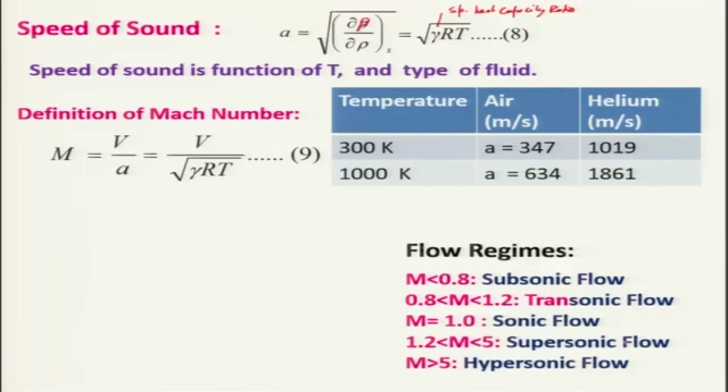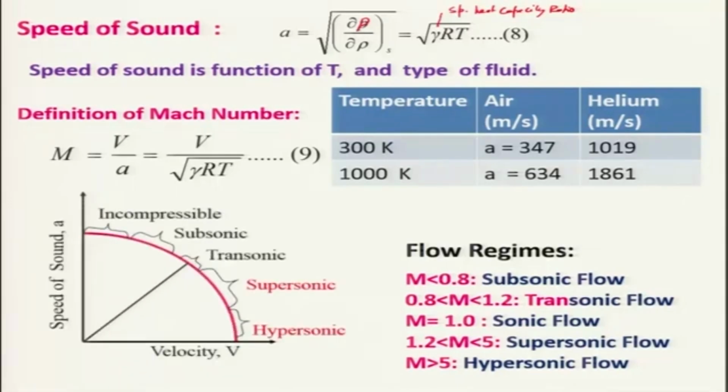So, we will be dealing with some of these flows, both the subsonic and supersonic flow, which will be occurring in a rocket nozzle. Therefore, you should keep this in mind. And I have just shown you graphically that when the velocity is low it is an incompressible fluid, and when it is higher the flow is subsonic, and then this is your transonic flow, and of course, the supersonic flow between Mach number 1.2 to 5, and hypersonic greater than 5.